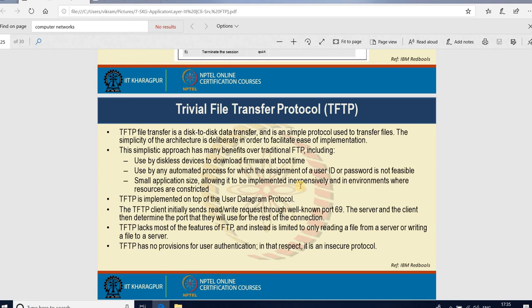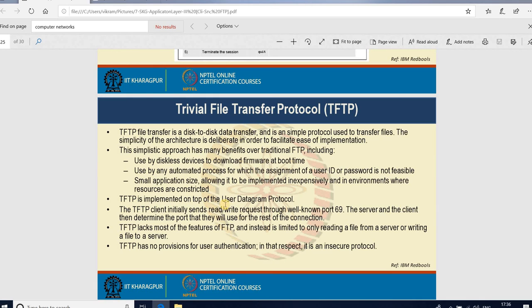It is used by diskless devices to download firmware at boot time, used by automated processes for which assignment of user ID and password is not feasible, and used because of its small application size, allowing it to be implemented inexpensively and in environments where resources are constricted.